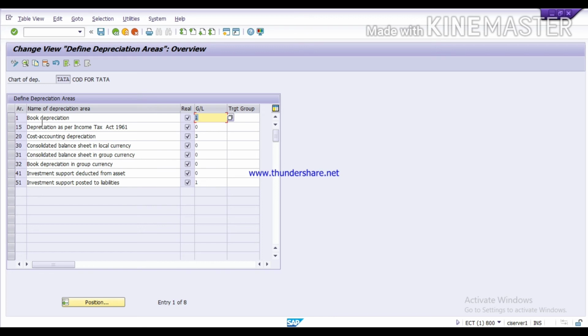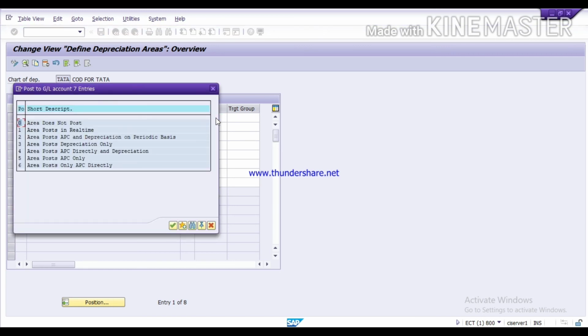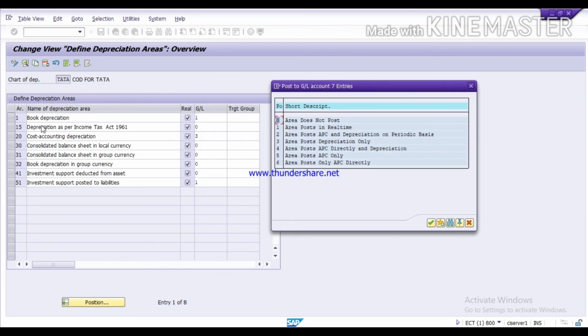So first one, that is book depreciation. The GL account is, press F4 key. It's taking a little time. Here you can see the list goes to GL accounts. First one, book depreciation. It means our net book value.